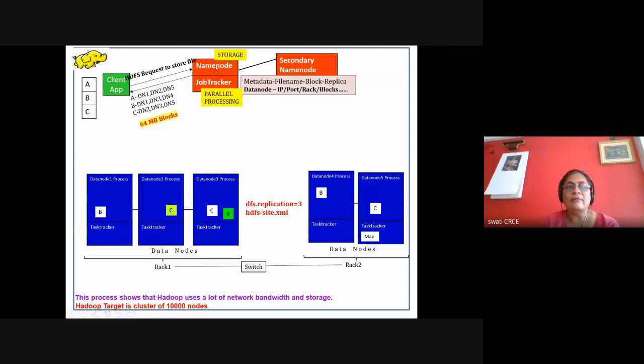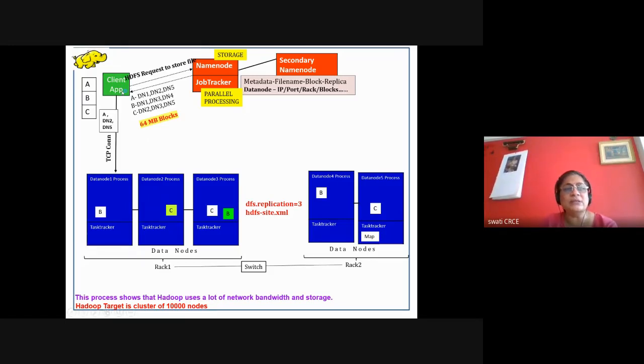Now name node will come to the conclusion that there are 3 blocks, and every block is to be stored on a particular data node. It takes a decision in consultation with Yarn and its metadata. Okay. Now this information is given back to the client. Now name node is not doing anything. It has told the client that this way the file is to be stored. Now it is the job of the client application.